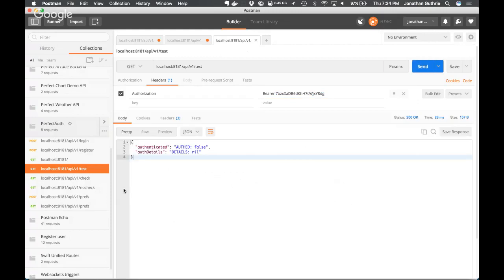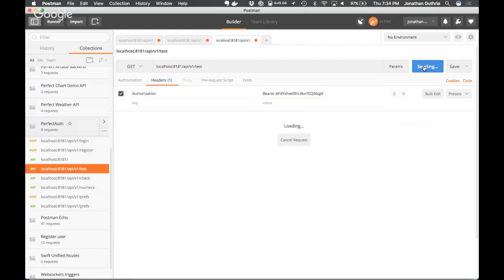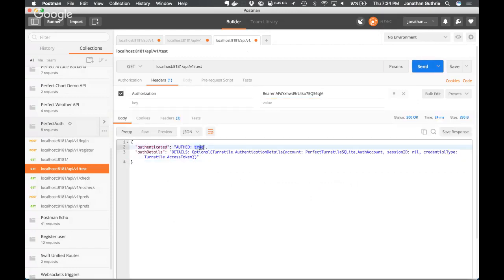We send that, and it says authenticated is false. If I change that token to the one I copied out just now and send that, it says auth true, and then a bunch of other things that we'll use a little bit later on.